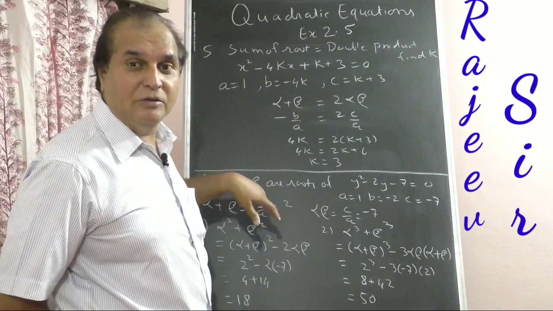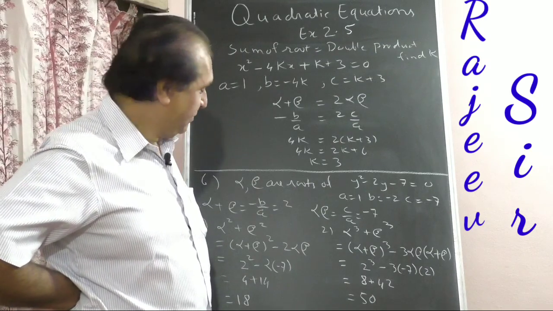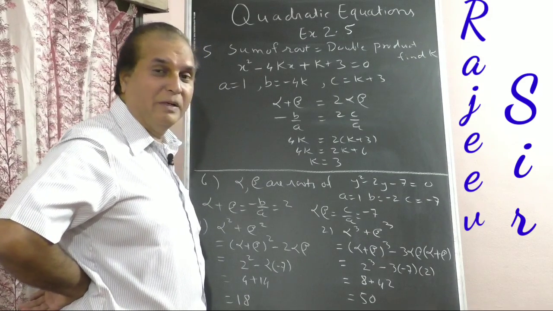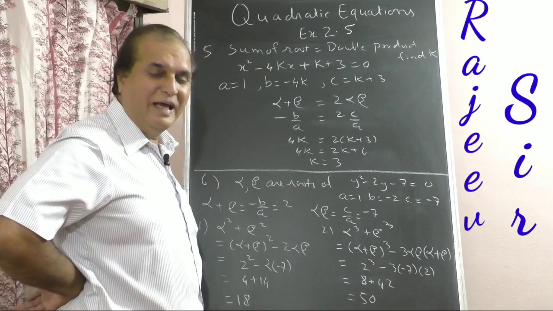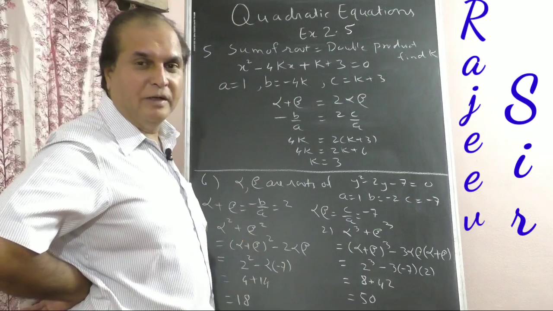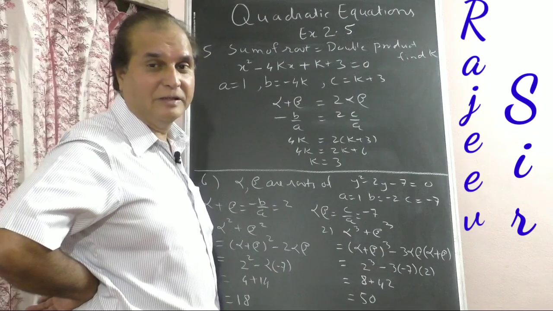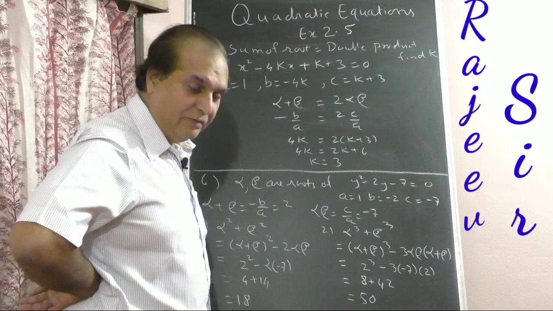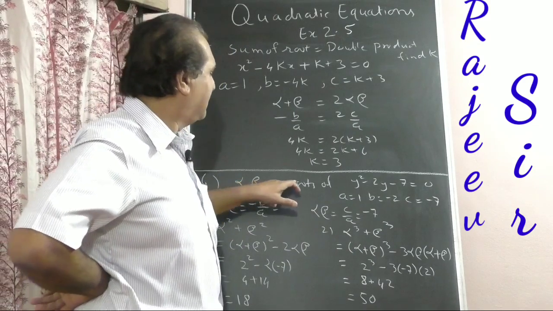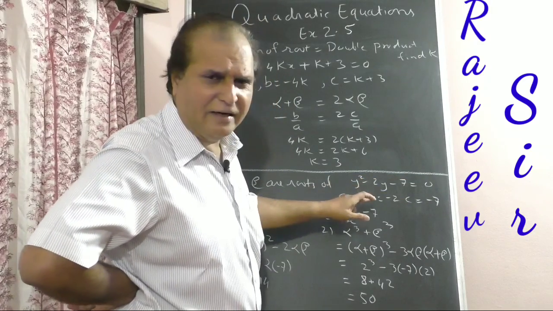Sum 6. You remember the chapter you have done in 8th standard: identities. One identity, (alpha plus beta) square is alpha square plus 2 alpha beta plus beta square. In (a plus b) you used, getting, and a cube plus b cube. (a plus b) cube is a cube plus b cube plus 3ab in bracket (a plus b). Okay, we are using those identities. Now the roots given: alpha and beta are the roots of y square minus 2y minus 7 equal to 0. Write the standard equation.